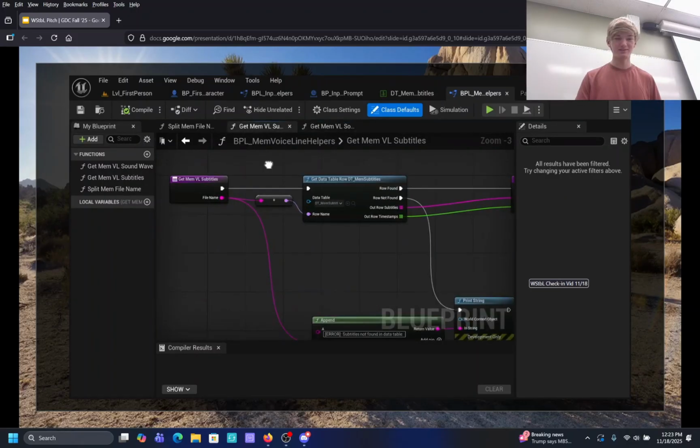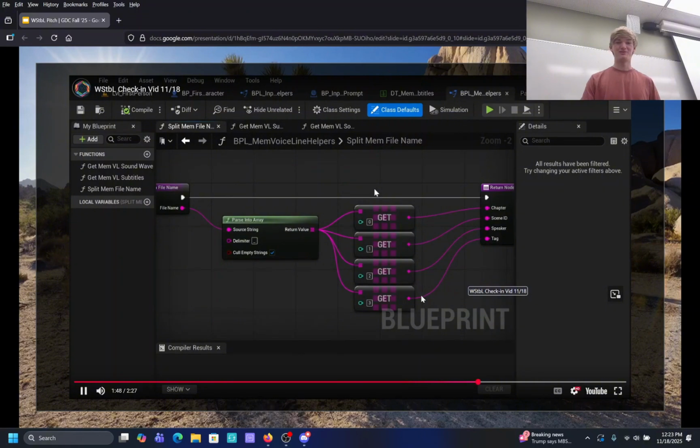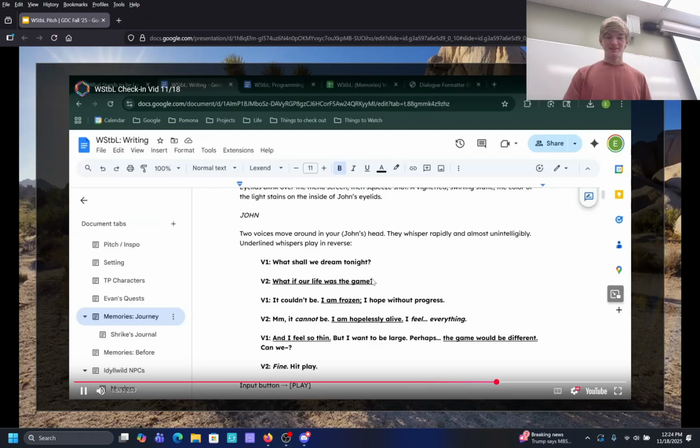This is getting the subtitles from that data sheet I made, and this is splitting the file name into more information because that can help with speeding up loading times. Okay, here is a little. This is the writing document, and when we're working with voice lines, it's going to be really hard to put them in the data sheet. So I made a little thing with the help of Gemini, so that I can copy a voice line